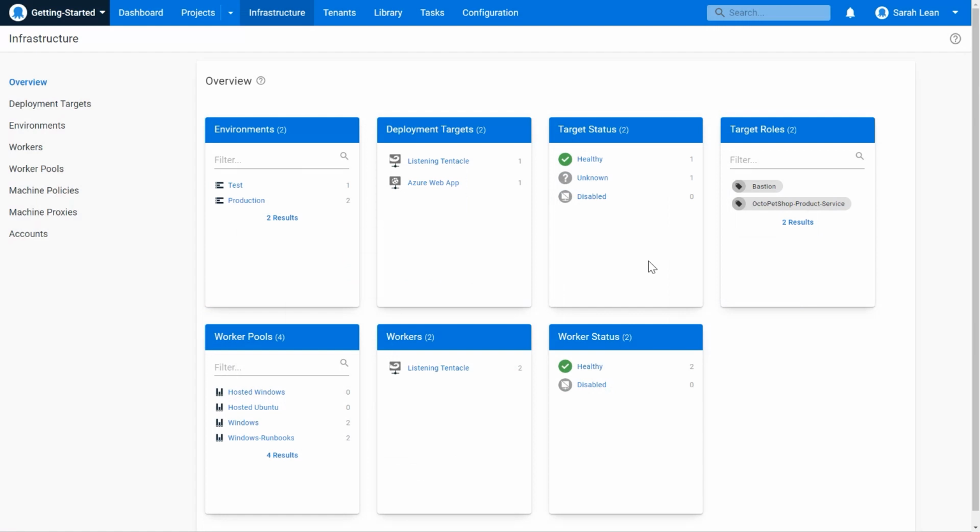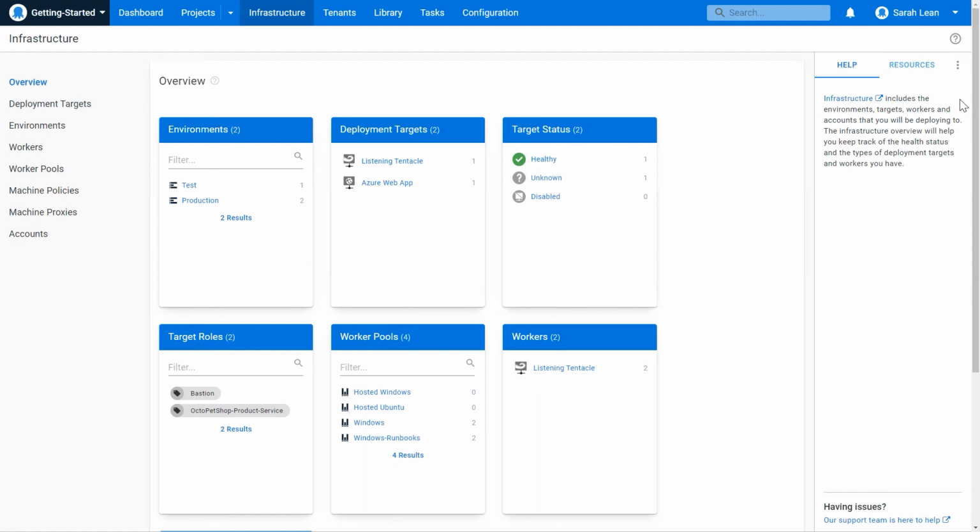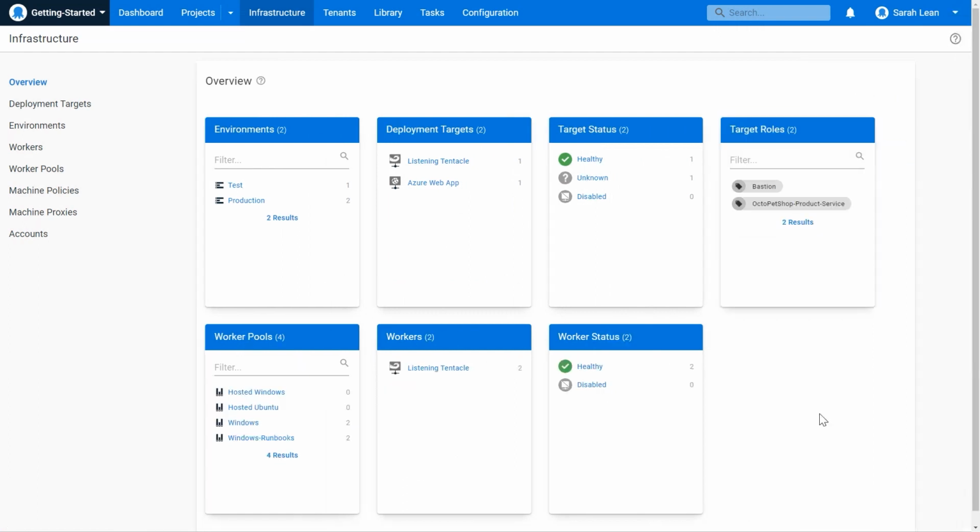Now, one feature I want to show you about before we get started is the show help or getting help part that's built into our portal. And this helps you find relevant documentation. So if you're new to Octopus or you need a refresher course, you can click on the question mark and have a look at our help. It will show you references about getting started, what is this area, and if you're looking for further resources to help you understand what's going on, there's that there as well. And there's also a link at the very bottom to reach out to your support team and ask them for some help if you need it. If you don't need the help section, you can turn it off, and we're going to turn it off today just so as I have more screen space to show you what's happening.